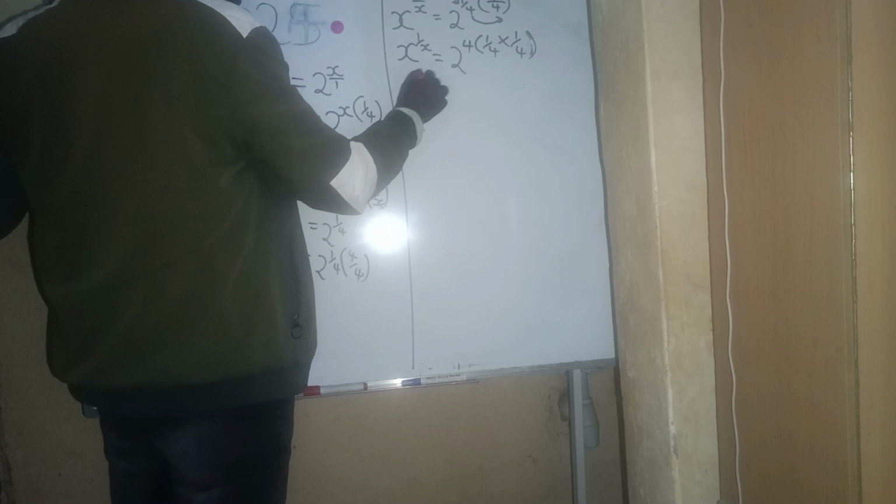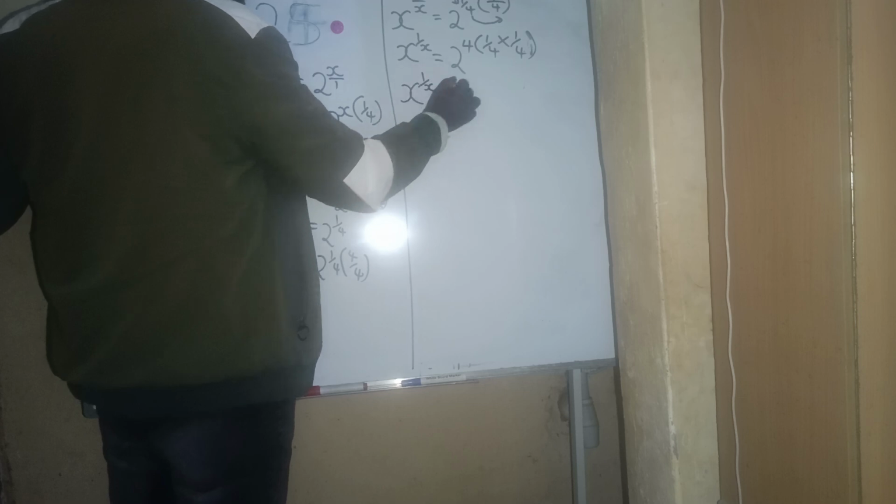Then multiply by whatever we got left with as another quarter here. Remember, when you took 4 outside, you got left with 1. So it seems to be now another fraction to be considered. So again, we have another quarter inside the brackets. Correct. So you're going to have x raised to 1 over x being equal to 2 raised to 4 into